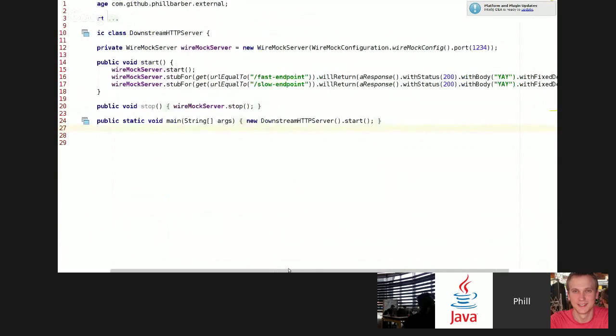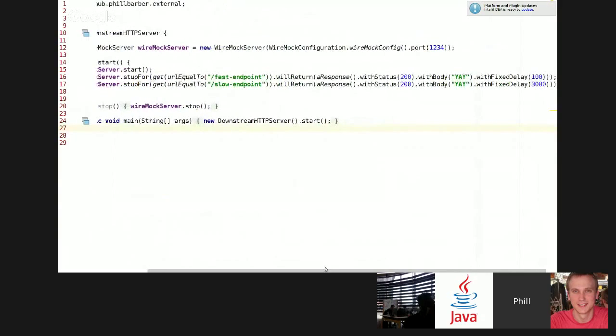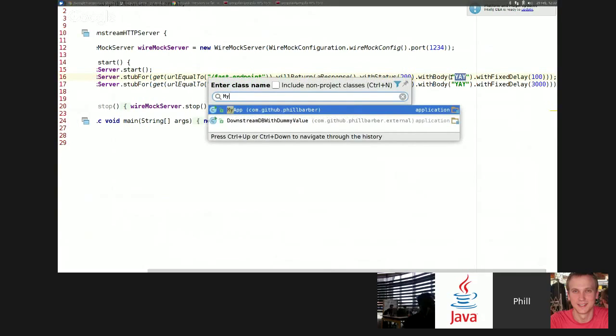Hopefully this should just be really not much of a big deal. So yeah, we've just got a fast endpoint that takes 100 milliseconds to respond, and then a slow endpoint which takes 3 seconds, and all it does is just returns the body, yay. So if we go back to my handler,